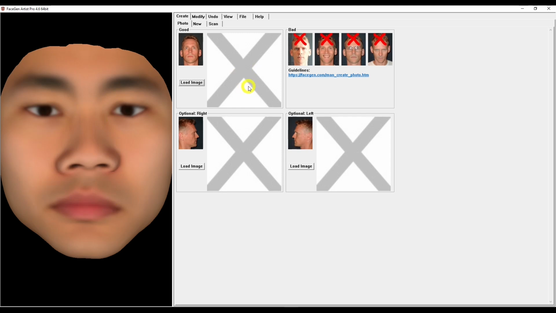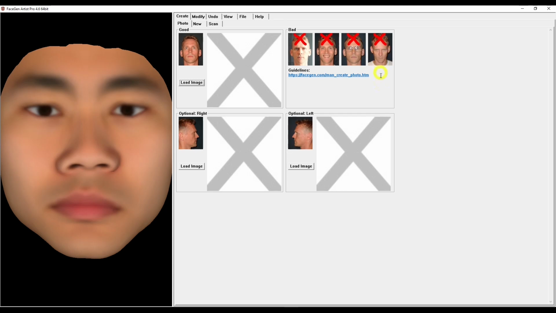So before you actually use a photo, here are some reference guidelines on what is expected, what doesn't work and which is not good. So this first one here, you don't want uneven lighting. You need even lighting. Second one here, you can't have any smiling, otherwise it's not going to work in your photo. Third one, don't wear glasses. So if you wear glasses, unfortunately you have to take them off when you're taking your photo. And then the fourth one here, your head is shifted too far down, so it's got to be in a neutral